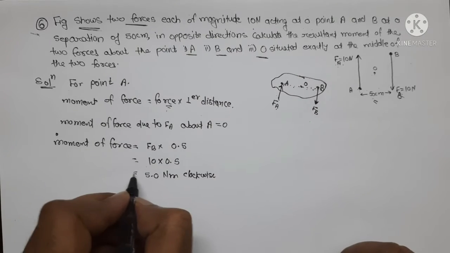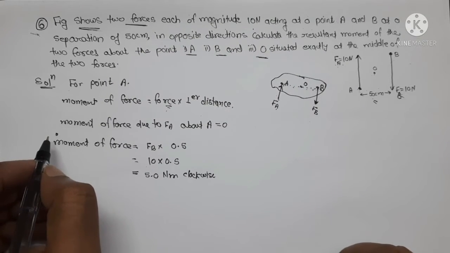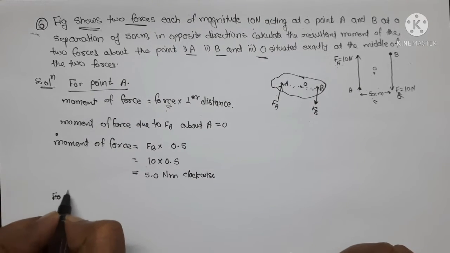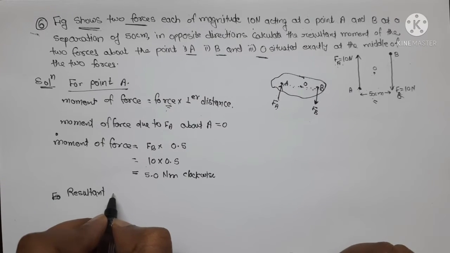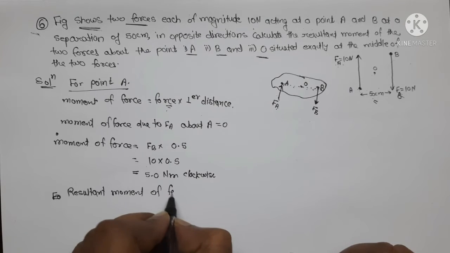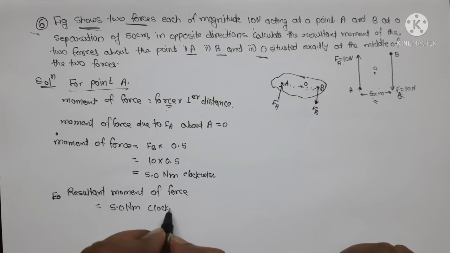Now second case, this is for point A. For the second case, we have to find the resultant of these two forces. That is very simple. The resultant moment of force will be simply 5 Newton meter. Why? Because we have only one force